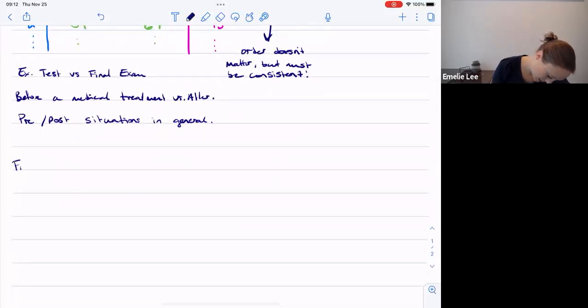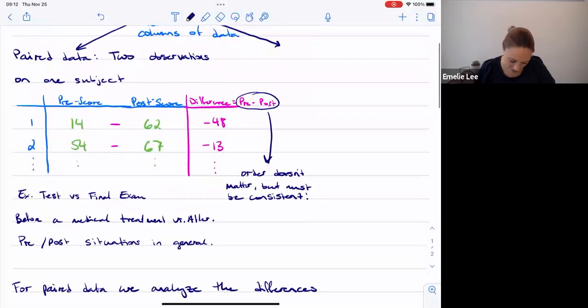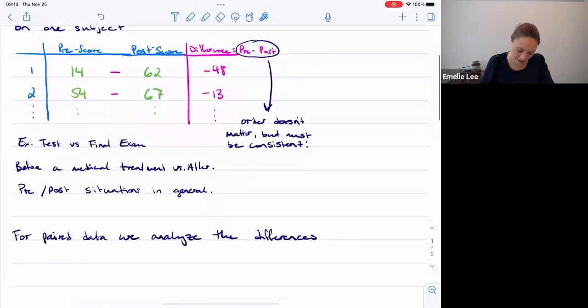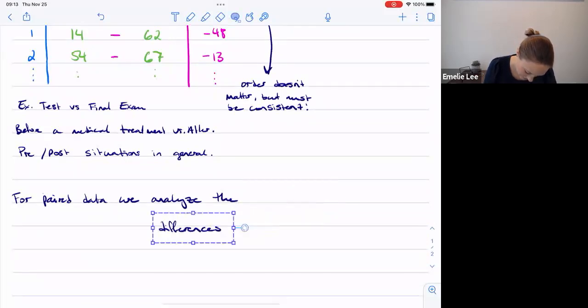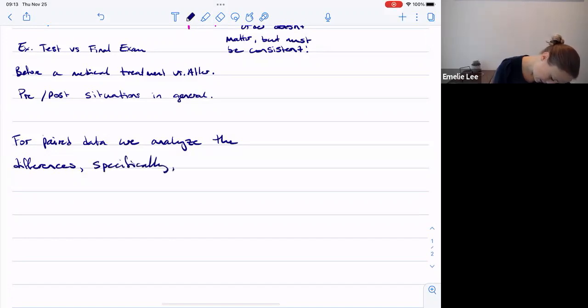So for paired data, we analyze the differences. I'm slowly squeezing myself out of the other option, which is 2 independent samples. But just keep that in mind, that I do want some room here, but it'll be more straightforward. And maybe what I'll do is try to keep it on the same page here. So for paired data, we analyze the differences, specifically comparing the mean difference